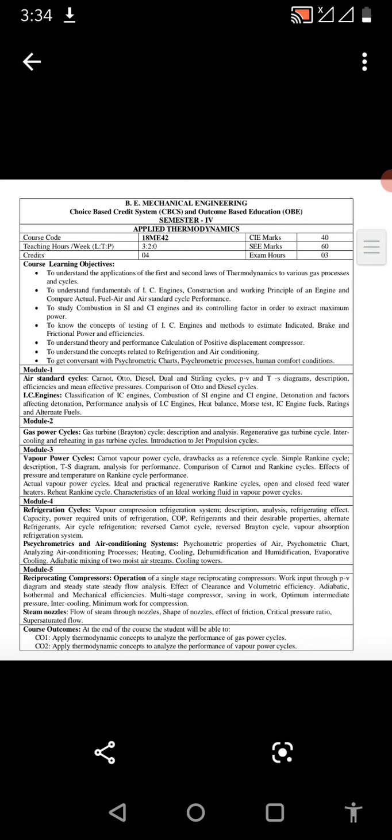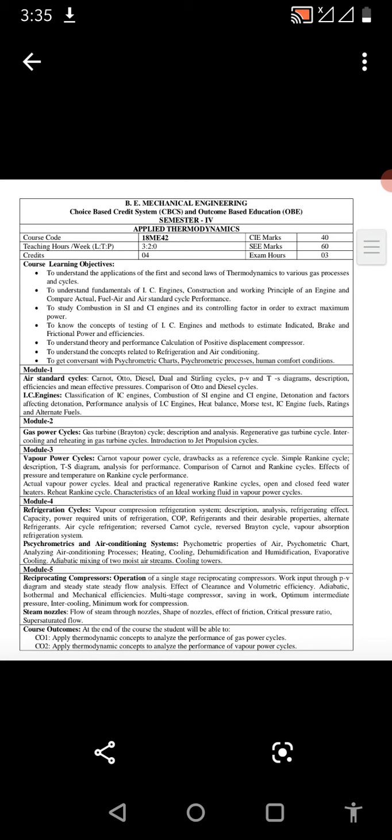This vapor power cycle means all this power generation, whatever electricity is generated, for example by the nuclear power station at Kaiga, which is also converting water into steam. And then thermal power plants in Ballari, Raichur and others convert water into steam, and this steam runs a turbine, and that cycle is known as the Rankine cycle. Practically, in India, and even globally, 60% of the electricity generated comes through this vapor power cycle route.